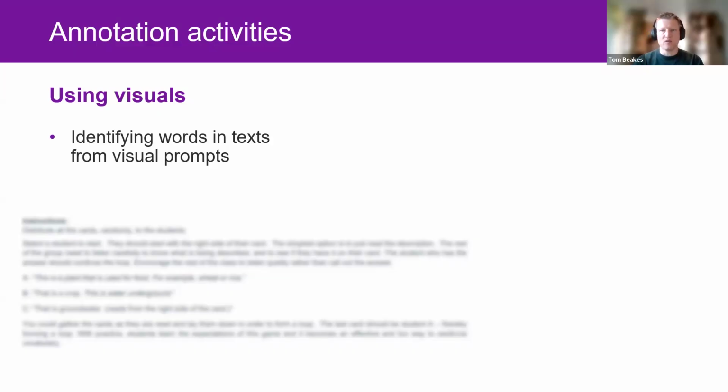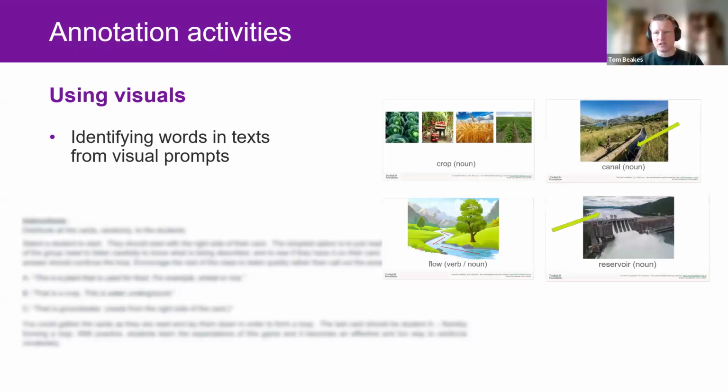So, for example, we might provide a word mat or illustrated flashcards with the pictures and the words attached to them, clearly kind of referencing their meaning directly. And simply learners could use those visuals to find the corresponding words within the text. Apologies for the blurry text there, because we're not allowed to use copyrighted examples of textbooks within the presentation, but it gives you a schematic idea of what we're talking about, because the actual text itself is not